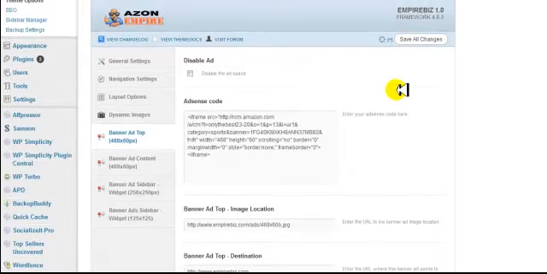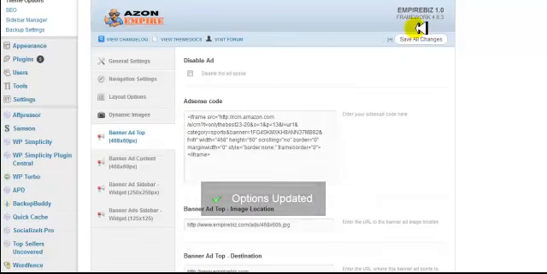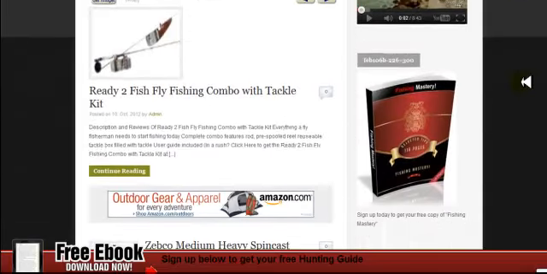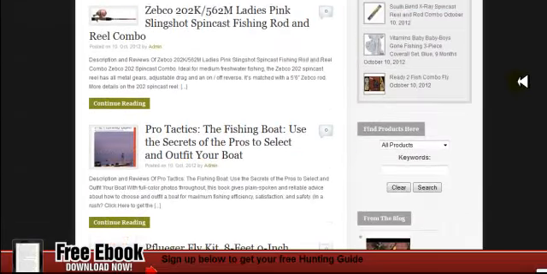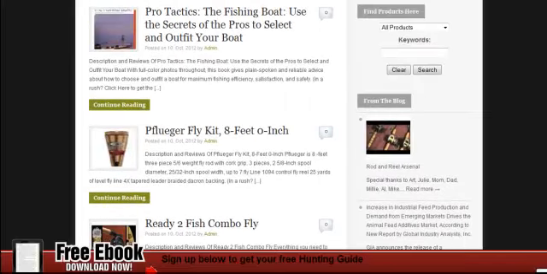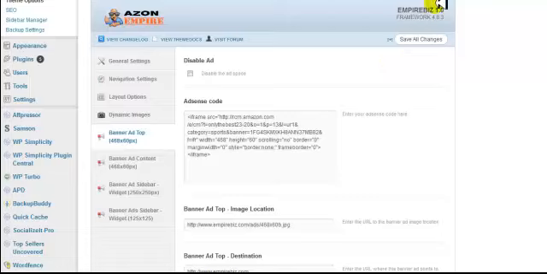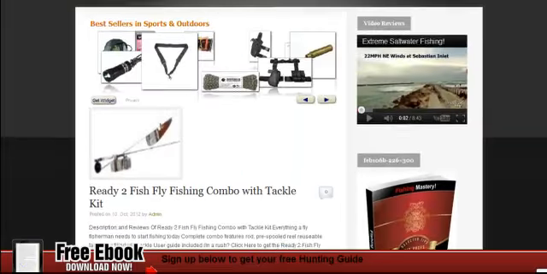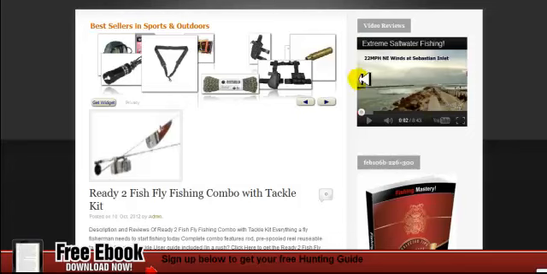Go ahead and resave, but you want to go ahead and put in your own banner ad right here so that it shows up here. Okay. And we're looking at our site just to make sure everything's there. Okay. So one thing I wanted to show you is on your video. Okay. Your video, if you want to change those,